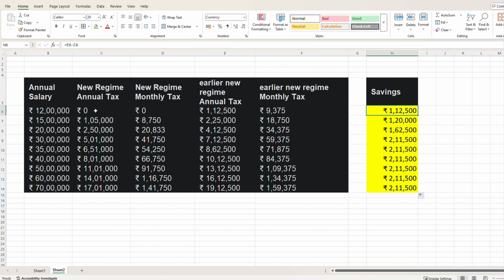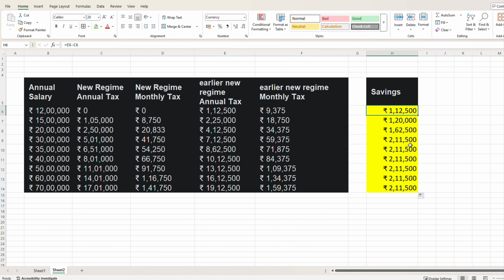You can see it's mostly beneficial to the lower end packages. For a 12 lakhs package, before you were paying 1,12,500 rupees in income tax, but with the new proposed tax slab you will pay zero.